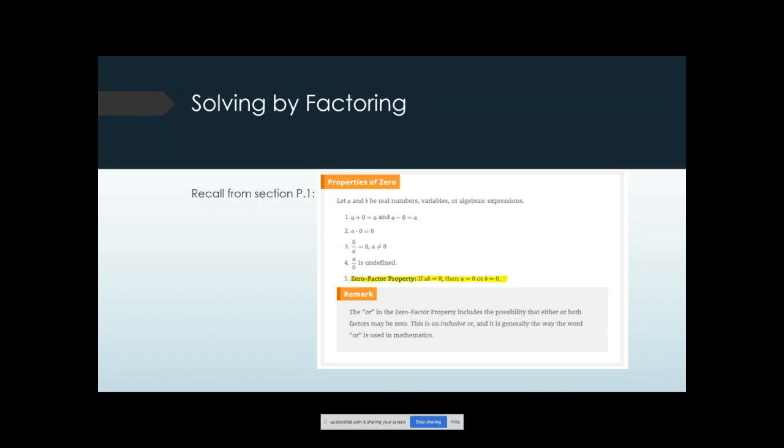zero factor property, where if you had two numbers that multiply to 0, then at least one of them needs to be 0, because the only way for them to multiply to 0 is if one of them is 0. It doesn't mean that only one, they could both be 0, or one of them could be 0. So at least one must be 0. So that zero factor property, that is the principle that we're going to use to solve,